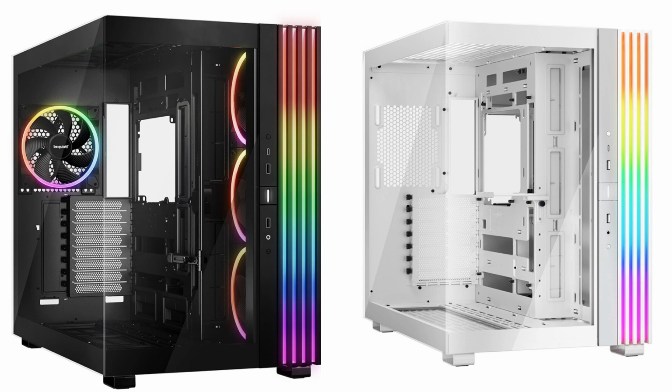Additionally, the case incorporates an ARGB lighting strip that encircles the chassis, providing customizable illumination. The Light Base series features a versatile VGA holder adaptable to all orientation settings, a dual ARGB fan hub with a total of 12 connectors, and built-in support for multiple storage devices, including one 3.5-inch and two 2.5-inch drives. The case is designed with user accessibility in mind,